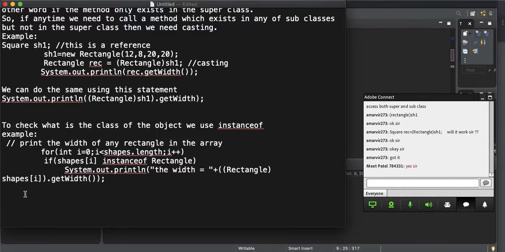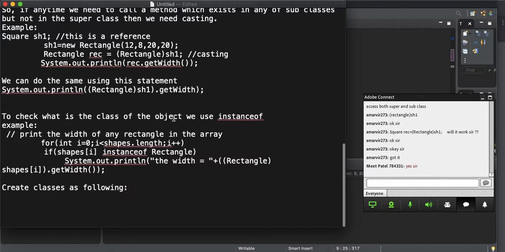Then you can go. Create classes as following. Class